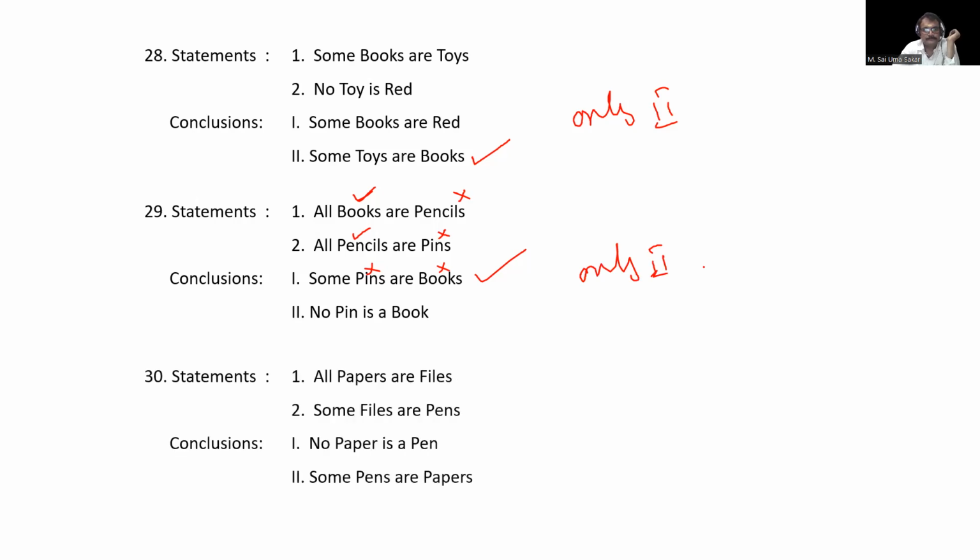Next, all papers are files. Some papers are files, some files are papers. No, some files are pens, some pens are files. Not there. Next, the middle term is not distributed, so there is no immediate inference. There is neither immediate nor mediate inference. Now a complementary pair may exist. In the complementary pair, this is the universal negative and this is the particular affirmative, and here paper,